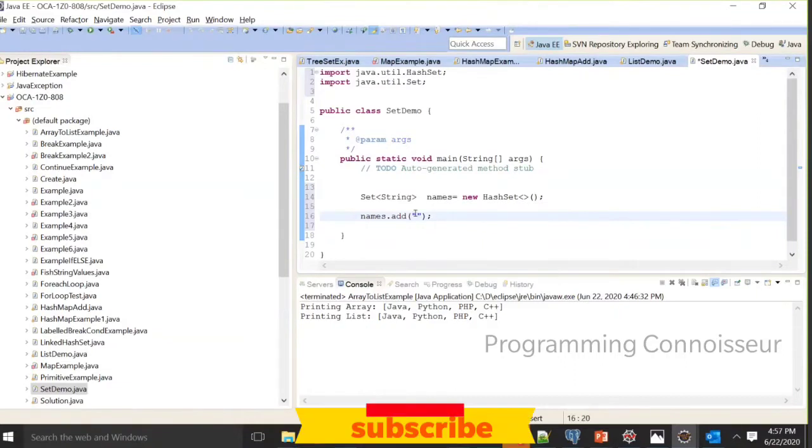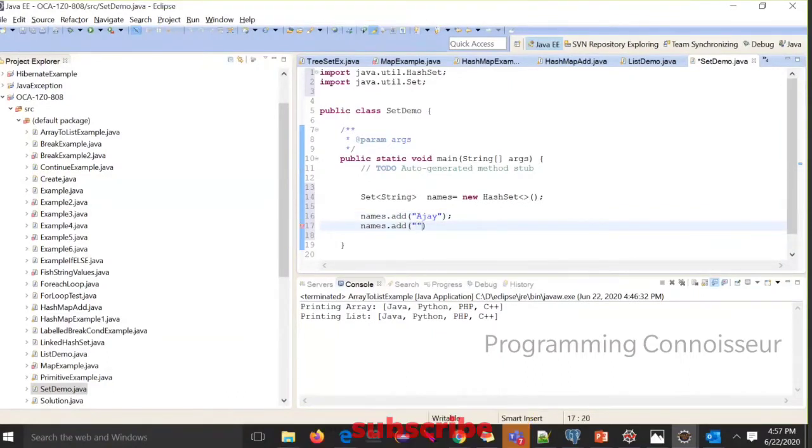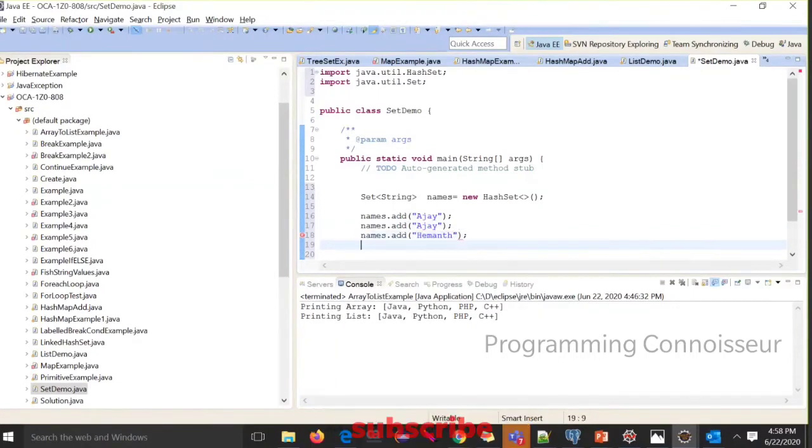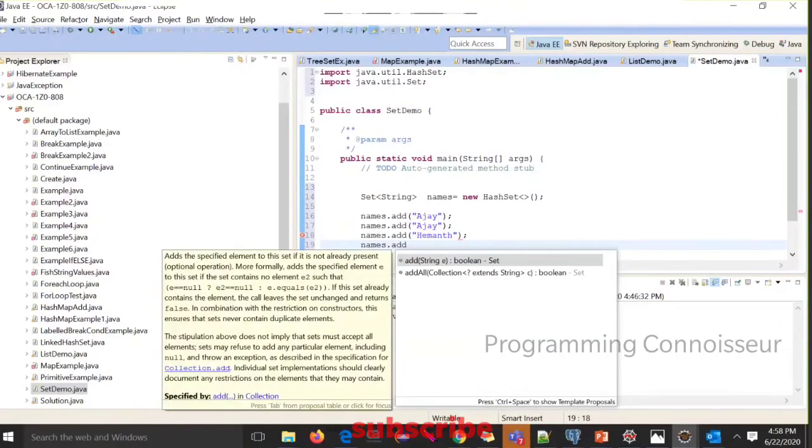As the definition of set says, it doesn't allow duplicates. So I will try to give it a duplicate value. Okay, fine. Now it says it doesn't maintain insertion order.